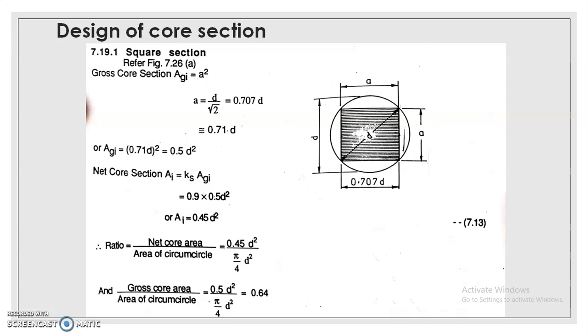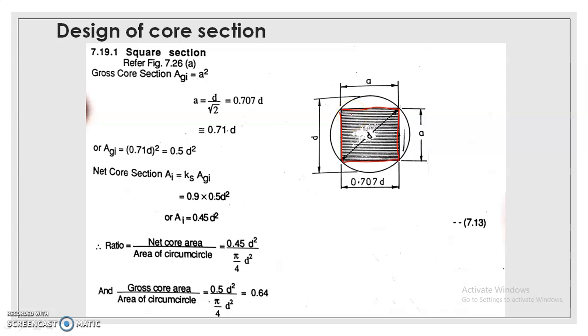So it is again modified in the next part, that is, first of all, nothing but a square section. Next we will see 2-stepped core, 3-stepped core, 4-stepped core. We will go step by step. First we will see the square section. Square section is nothing but the core cross section is of rectangle or square shape. That's why it is called a square section or square core.